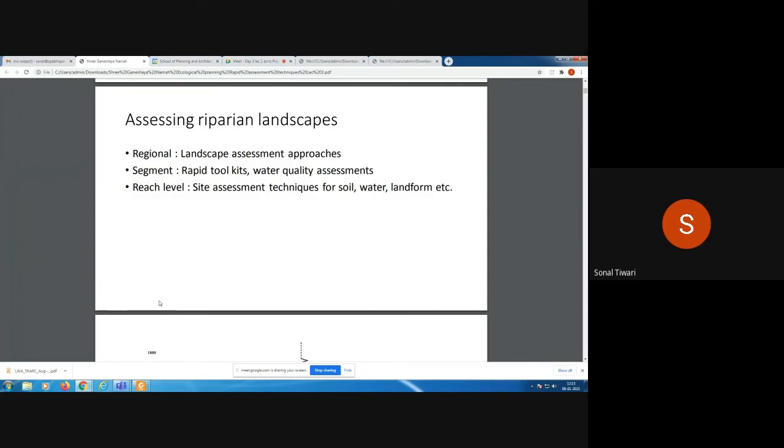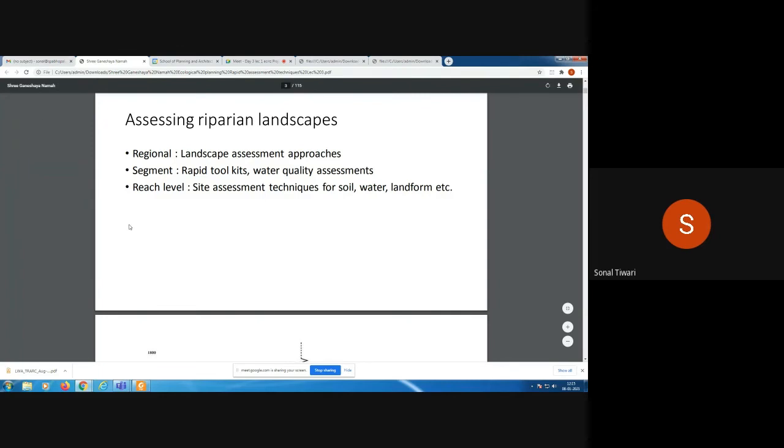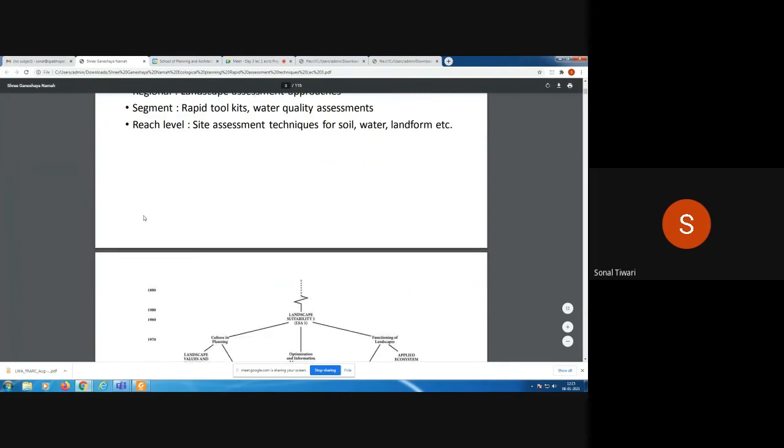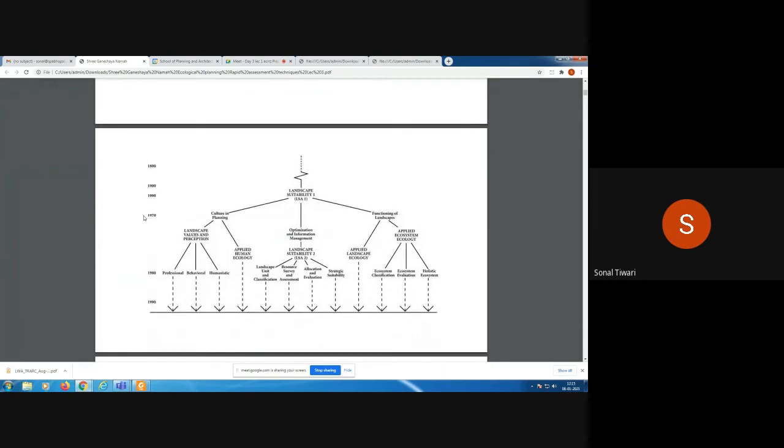So comprehensive planning needs to take care of this entire study, the regional, the segment, and the reach level. And the tools should be selected carefully based on the data available and these toolkits. Okay. So going into the history of what landscape-based assessments are, there are a great number of toolkits